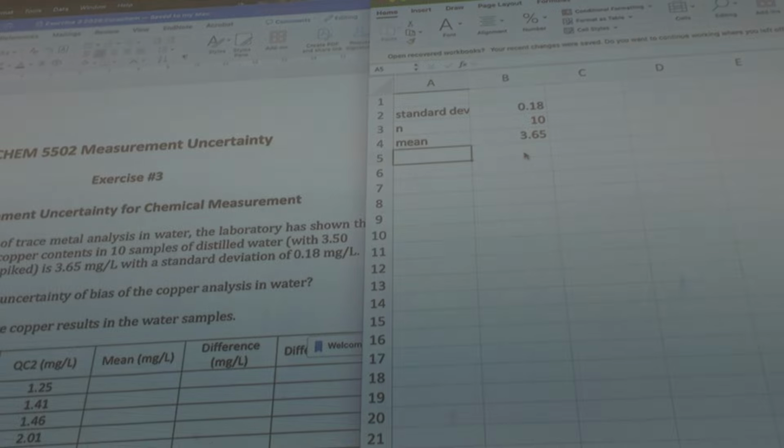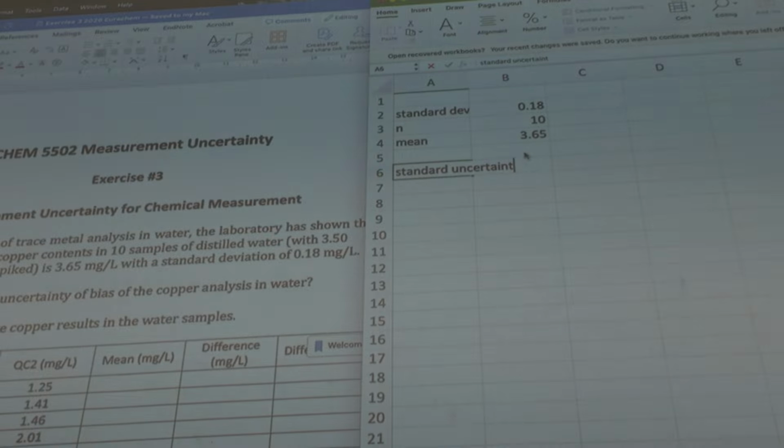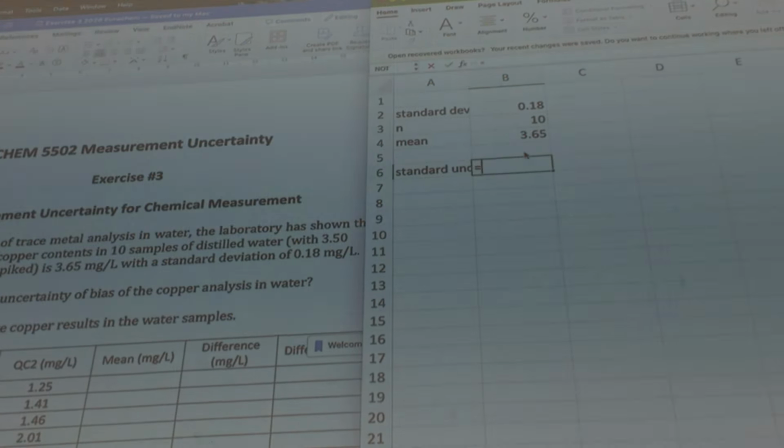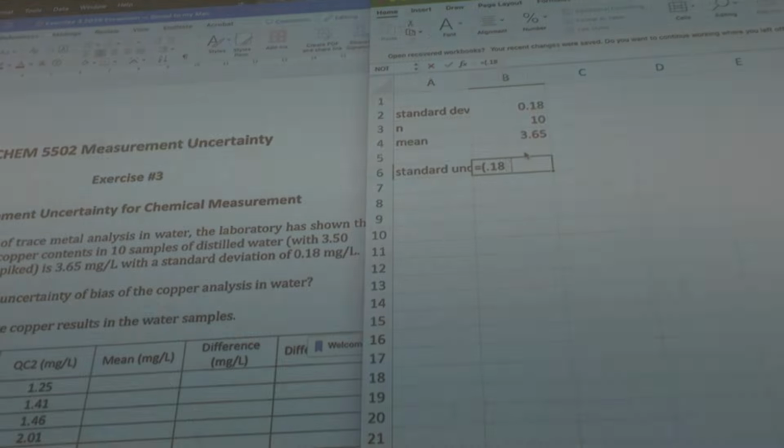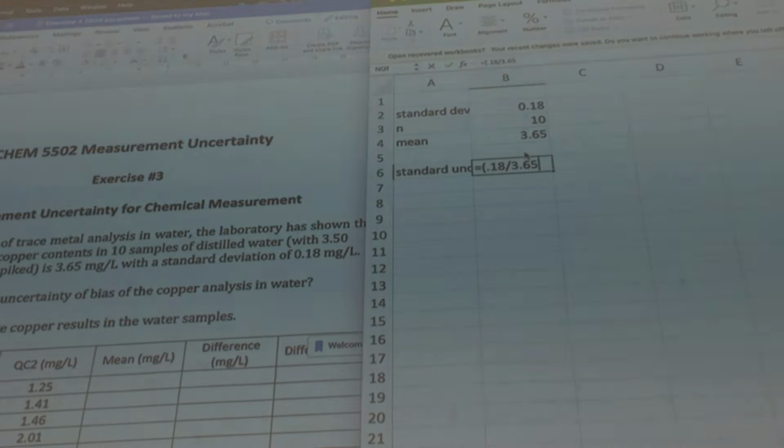And so the standard uncertainty is equal to 0.18 divided by 3.65, which is the RSD, over